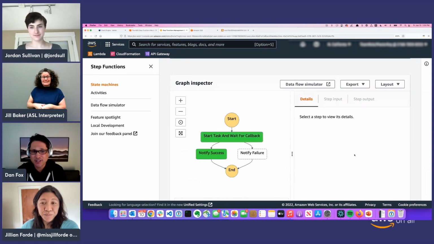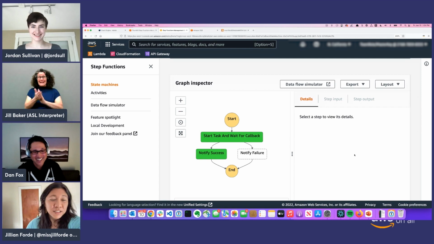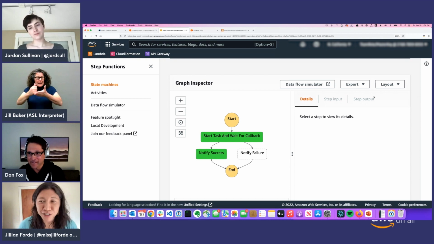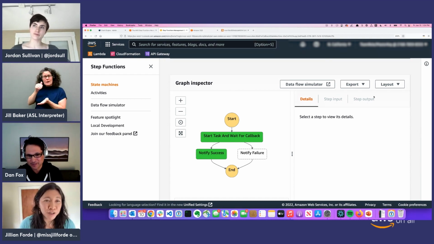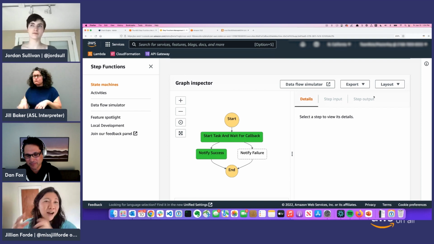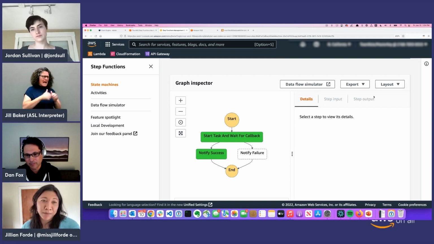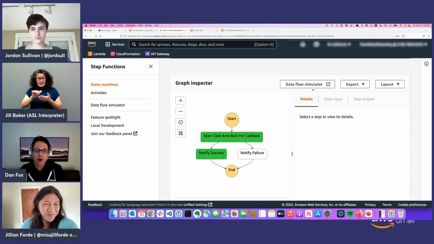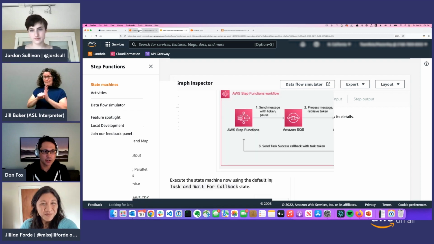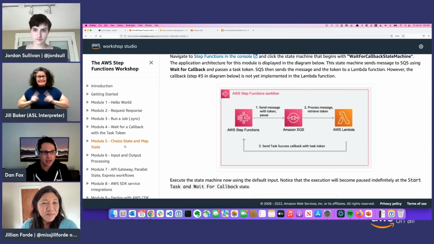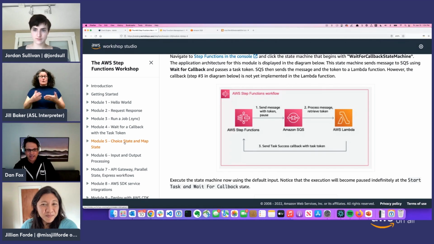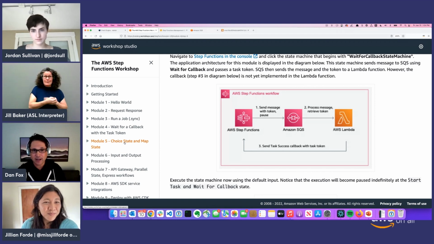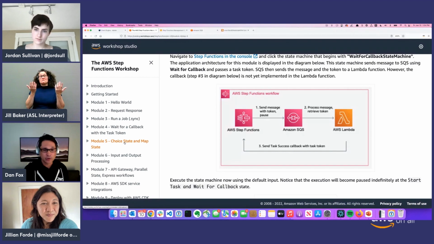Meanwhile, did we have an answer to that question? Oh, there it is. We went to green. So, while that's waiting, one thing I've noticed, having helped customers go through a lot of different workshops, is they go through the workshop and they're like, this is awesome, but then how do I actually apply it to my current application or what I'm doing? Can you talk a little bit about that? Yeah, so there are code samples in here. When you go to any of these different modules, we actually give you code that gets deployed into your AWS account through CloudFormation templates.